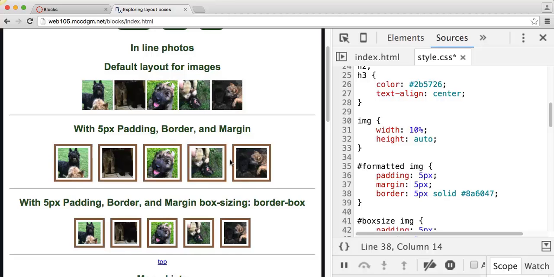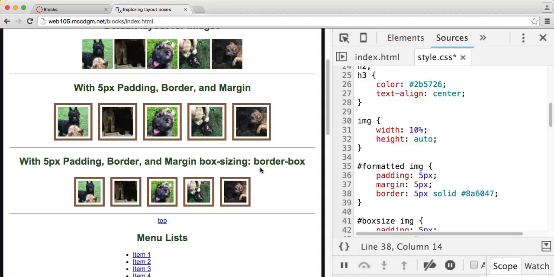That means the entire width, if I was to count all of those, would no longer be 100 pixels. It would be 100 and 5, 10, 15, then you get a double because it's on each side. It's actually 130 by 130 pixels. That can be confusing, and you may not want to do math on the fly. You may want to think of the entire thing as being 100 pixels and having it adjust so that's your